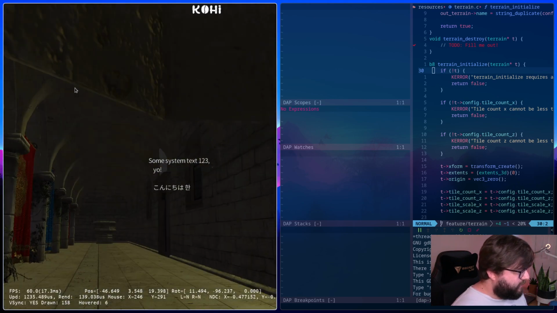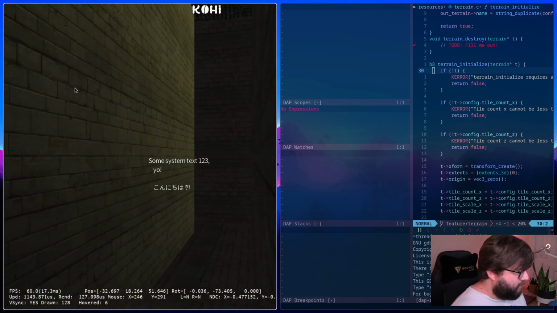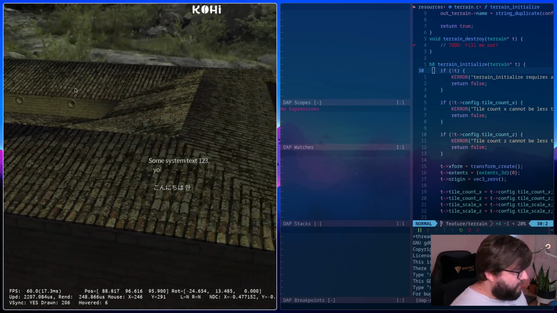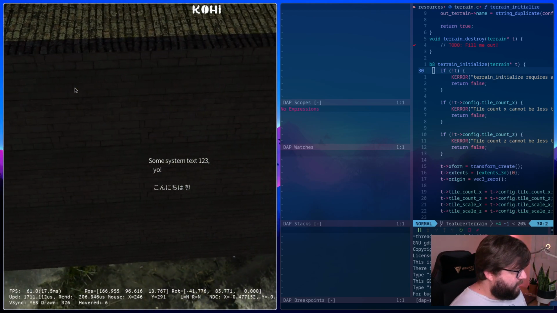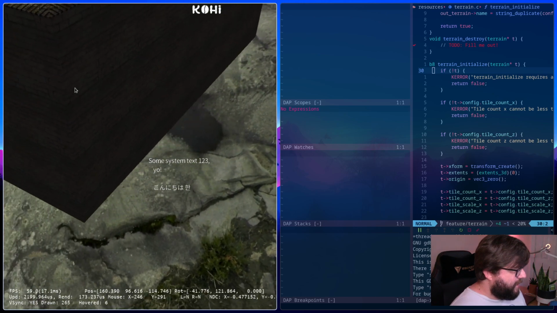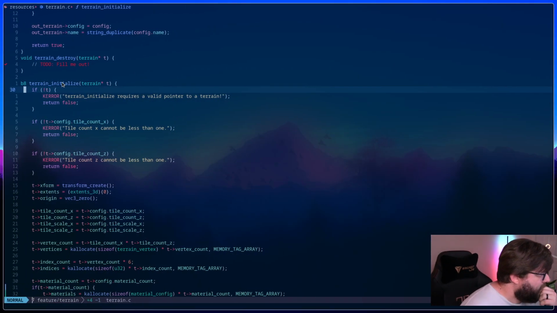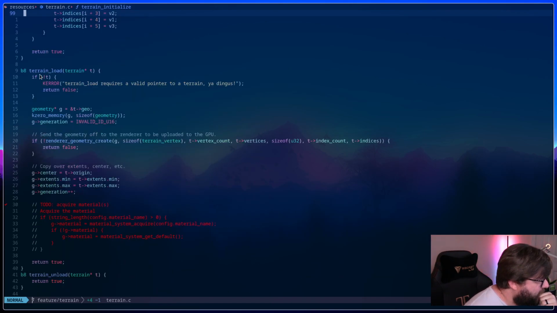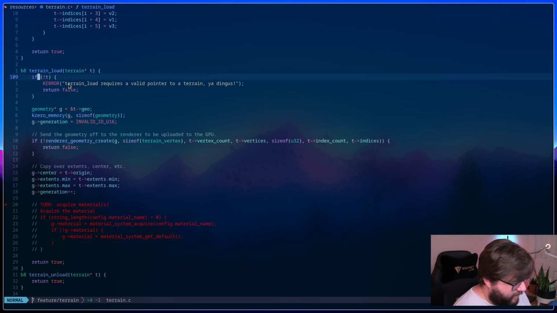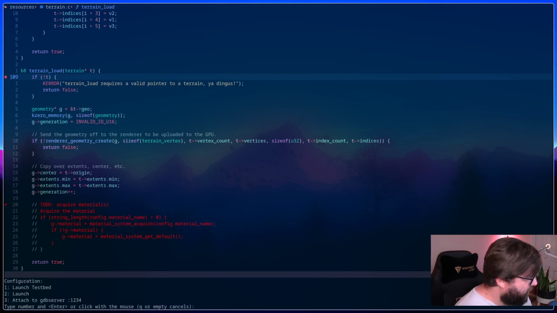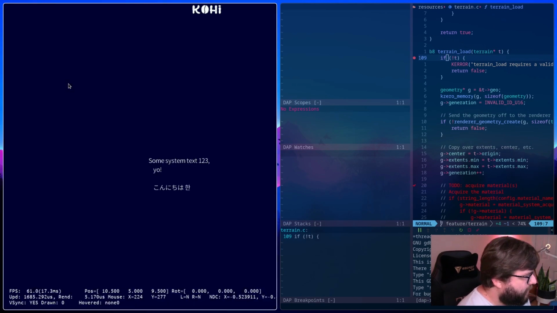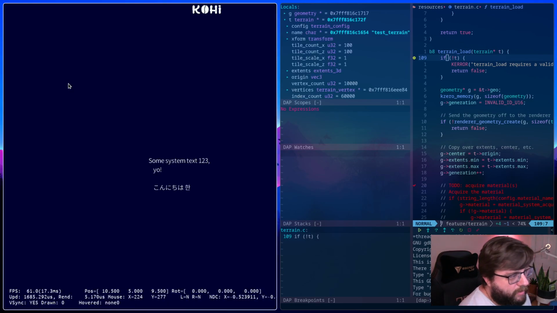All right, did we do something stupid like not load it? It's not out here anywhere. Did we do something stupid like not load it? I guess that is probably the next thing we should look at. So, terrain initialize, we know that's being done. Terrain load. Let's go ahead and stuff a breakpoint right there. And we'll load. Okay, we are calling this.